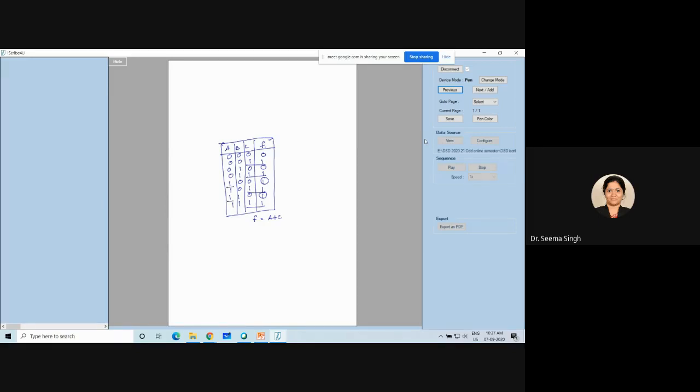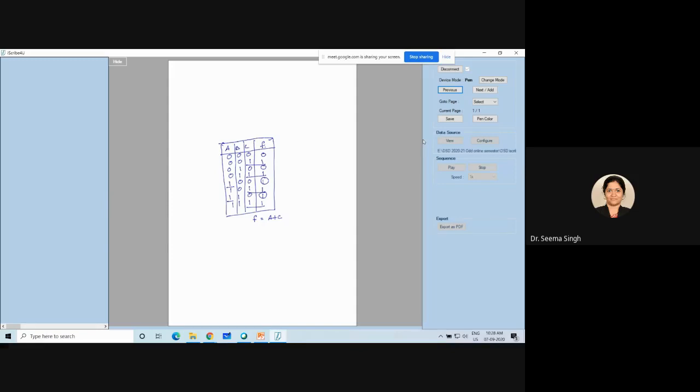So this is the general meaning of SOP. F is equal to A plus C, and this is how we are able to see it in a truth table also. Is this clear? Now I want you people to make a K-map for the homework which was given in the last class.